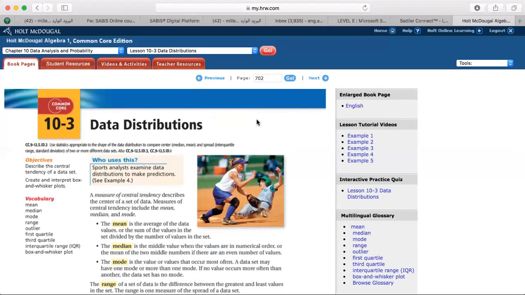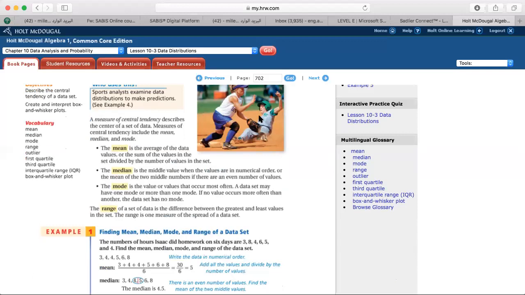Today we're going to continue the second part of the lesson that we started on Thursday, chapter 10, lesson 3, data distributions. First, I want to quickly review some expressions that we have learned